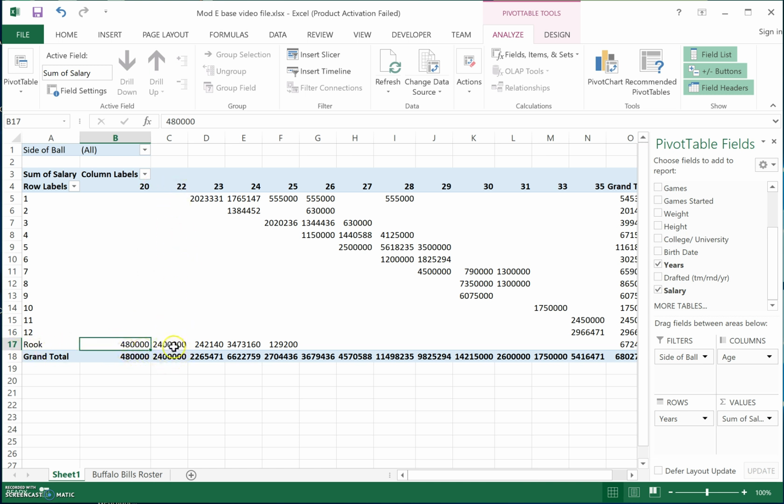22-year-olds, rookies, 2.4 million. Okay, so it goes through and gives you grand totals all on the sides and the bottom. Okay, so again, as you drag and drop, things change. You could have subcategories too, by the way. So if this was underneath here,